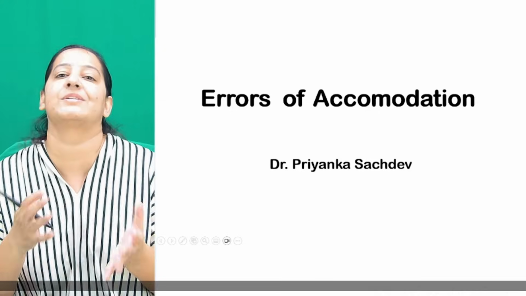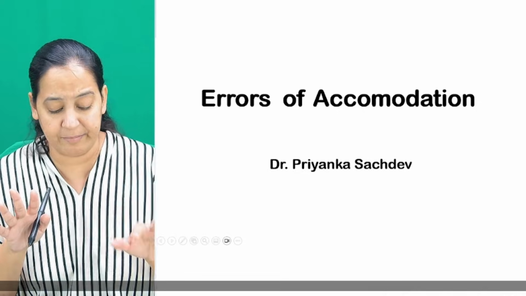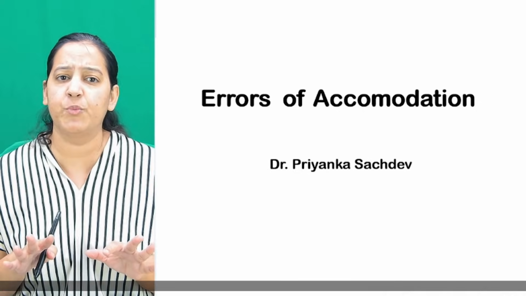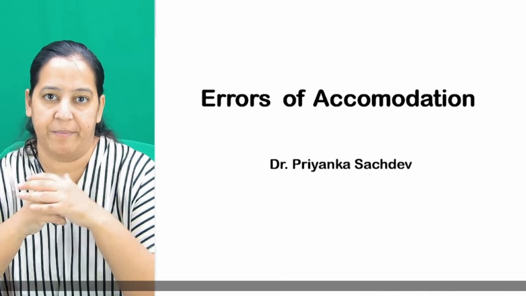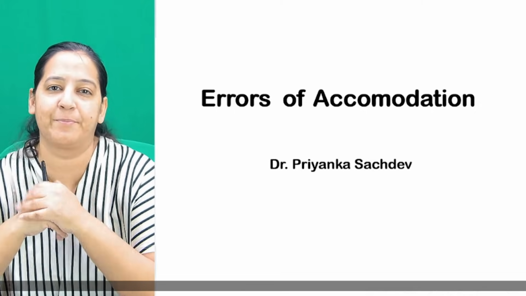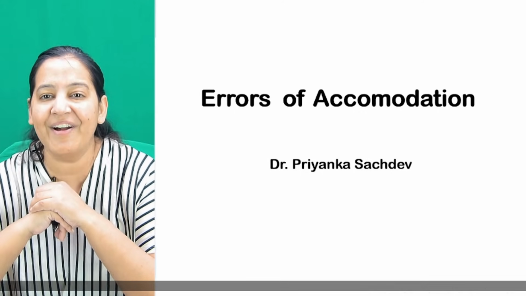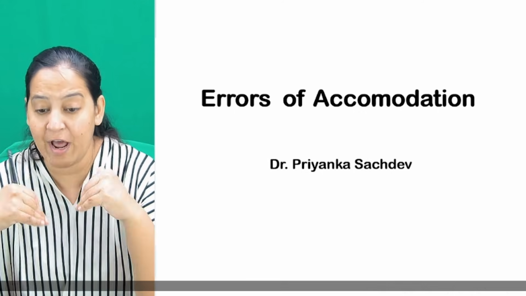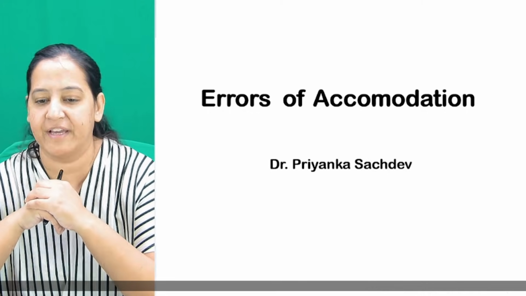Now my topic is errors of accommodation. Now I will continue because you know the basics, and we have revised it well. Now you will have a better understanding of accommodation. This portion is pending from that chapter. It was necessary to revise that portion. So can I start? From here I am starting the new portion. Till now we have revised errors of refraction, and now we will start errors of accommodation.